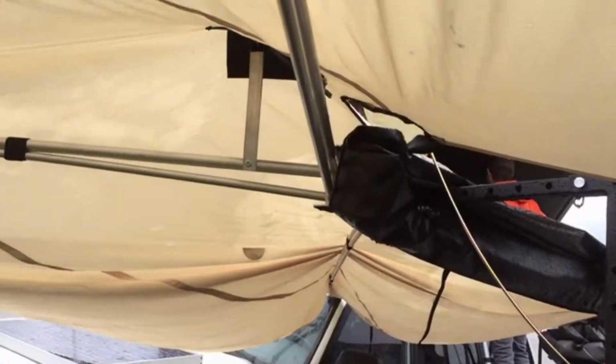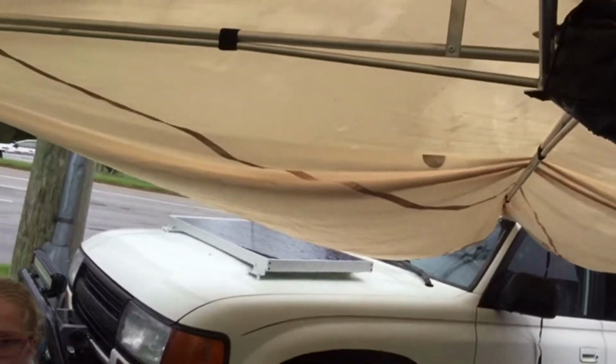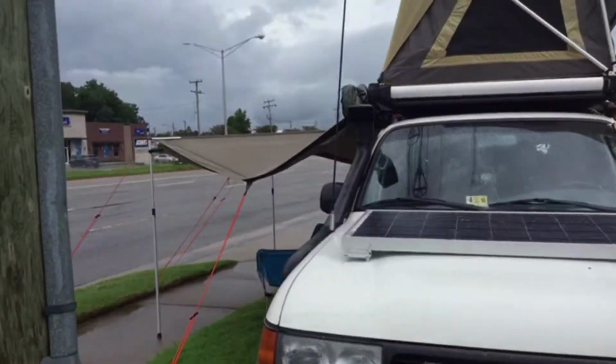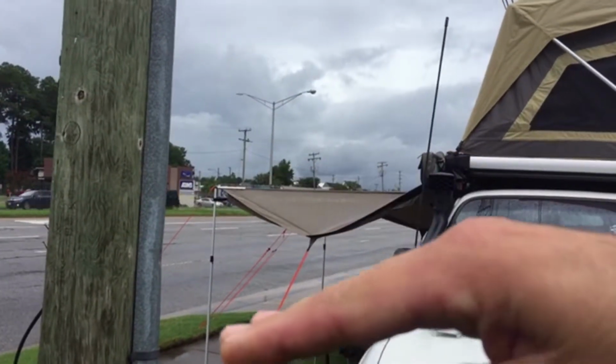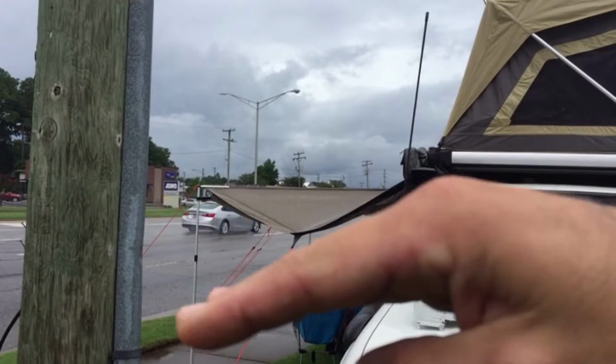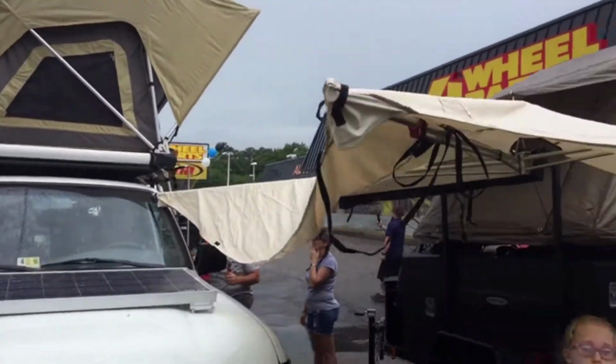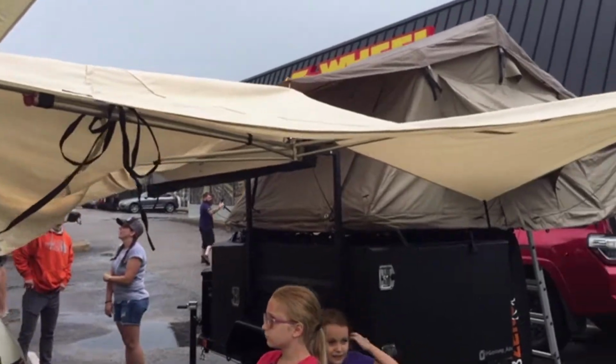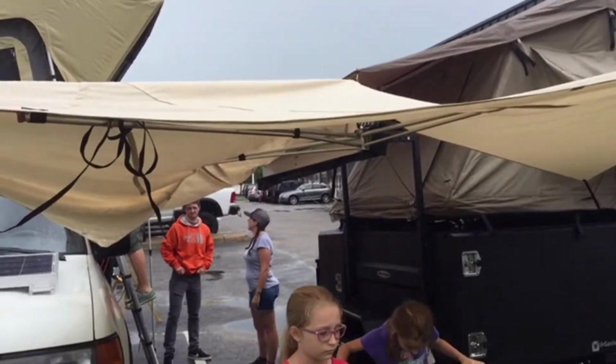So there's a lot to be said about an awning that can just be set up and that's it. You just swing it open. With the Foxwing, the pitch of these bars will be hanging down here like this. You can't even stand underneath it unless you put the poles up. So this is a really cool feature, and the fact that ARQ has done it